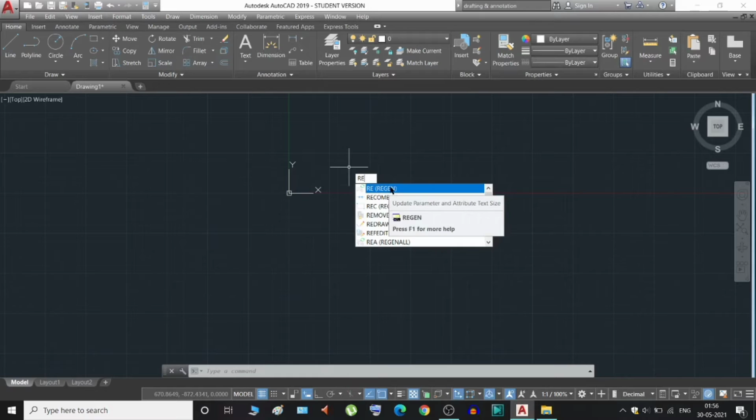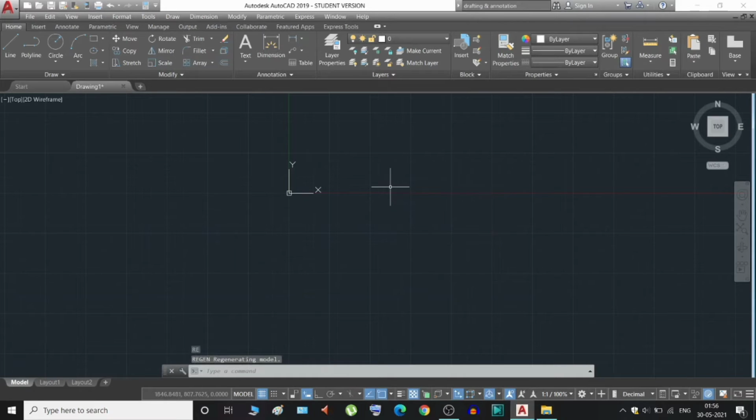This is the regenerate, and if you press enter you will be able to zoom in and zoom out even further if your screen ends in this section. If AutoCAD is not letting you zoom in or zoom out, you can do it with the regenerate process.